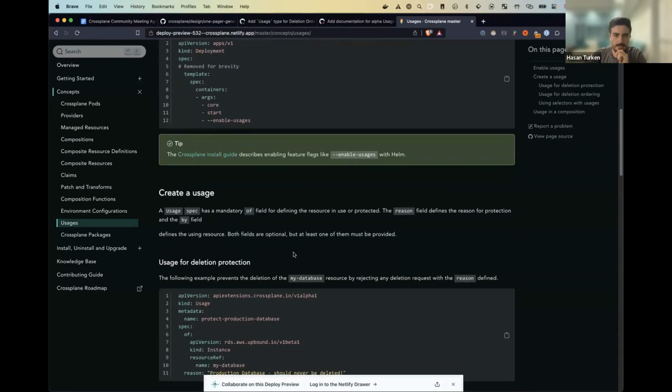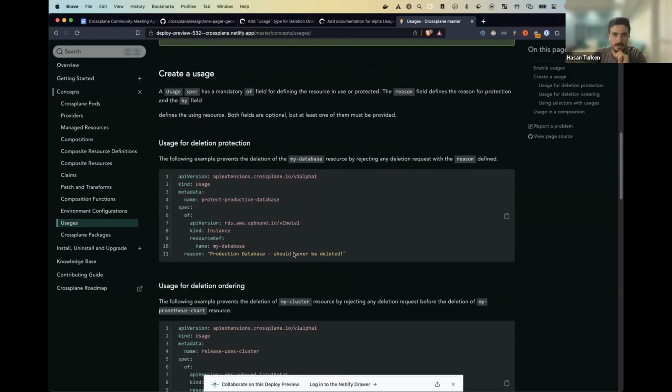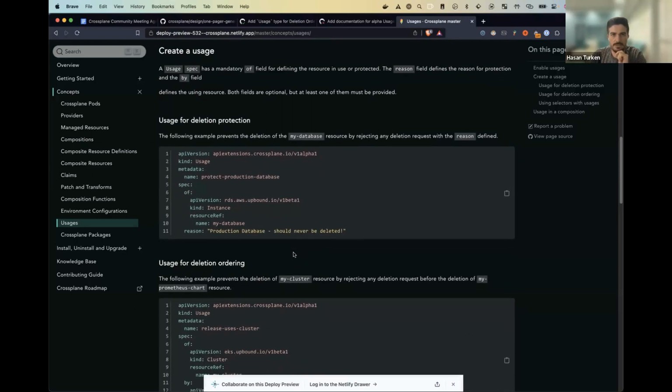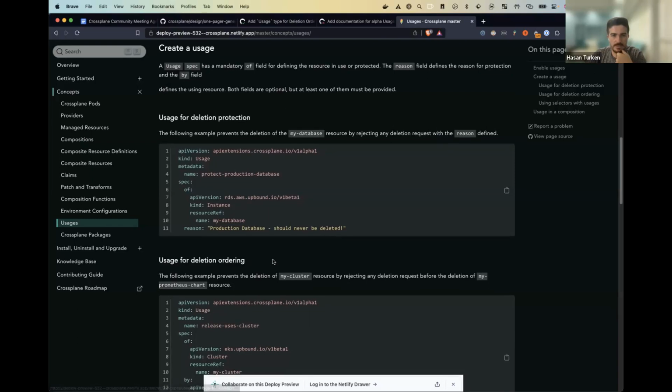And then we have a section for how a usage can be created. The one that is primarily targeted by the design is the usage for the deletion ordering case. But a nice side effect is that we can also define usages today, with the implementation, for deletion protection.